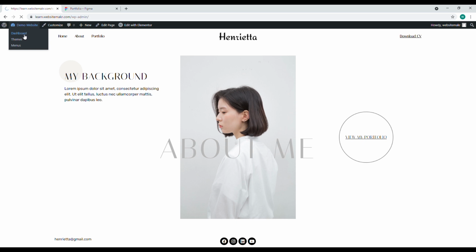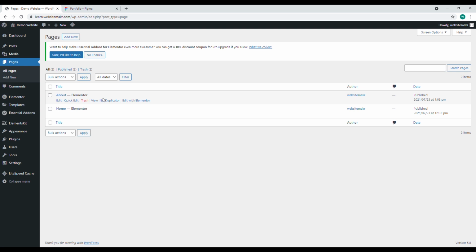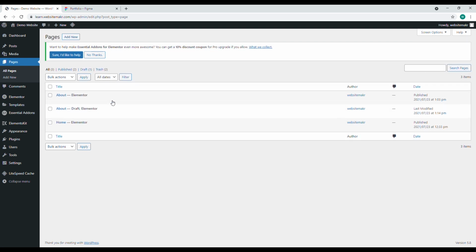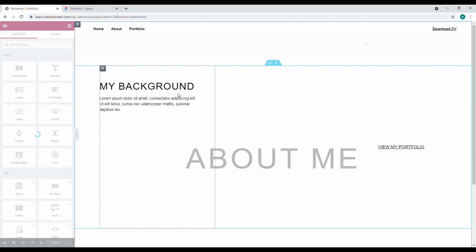So yeah, and now we go to this all page and duplicate this about page, right? So we are going to create a portfolio page, right? So now let's name this portfolio, right? And then let's update this and name this portfolio, right? And update this and then edit it with Elementor, right? And then now